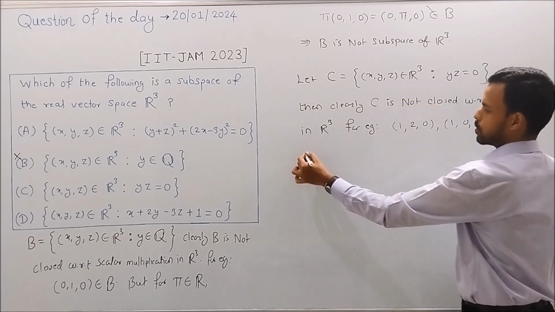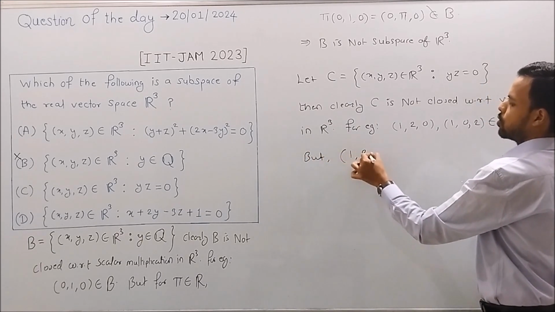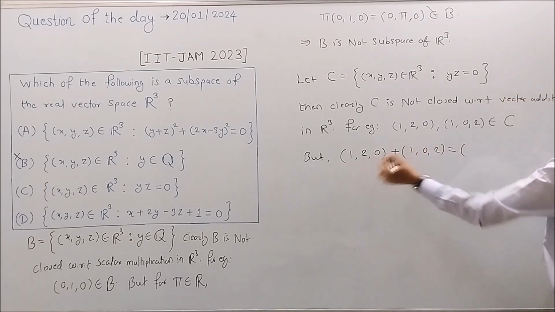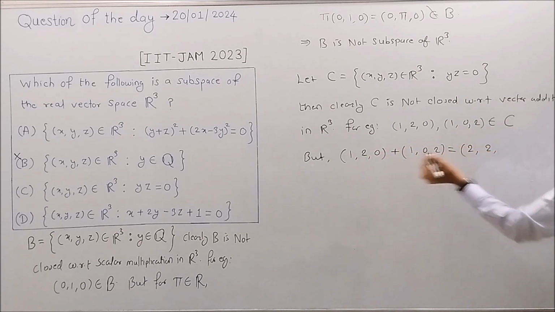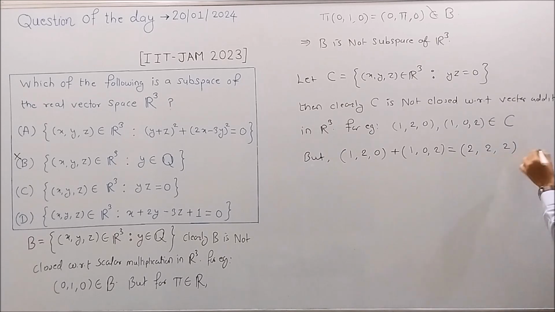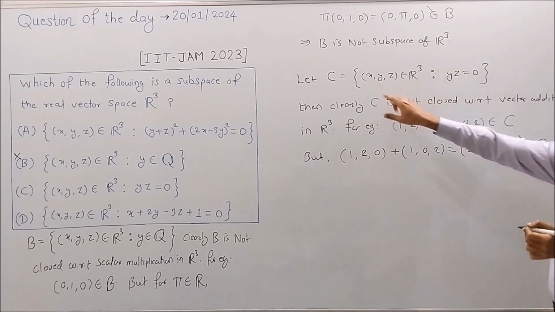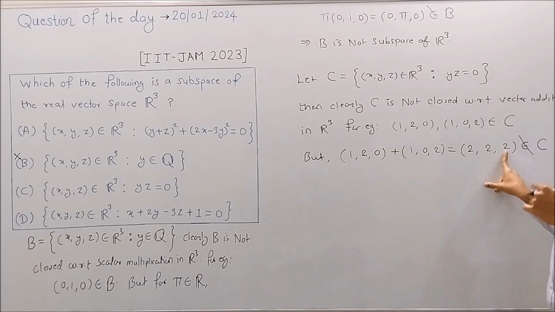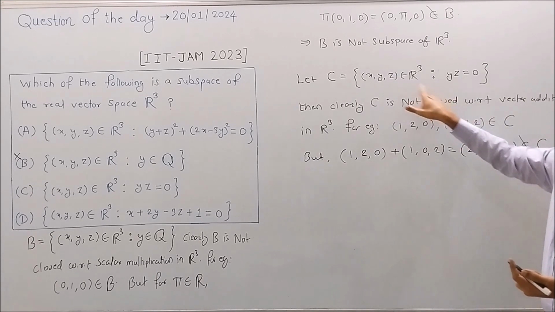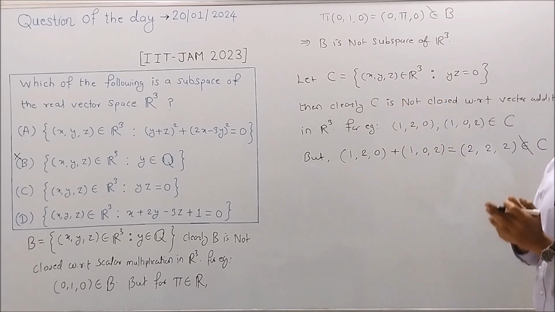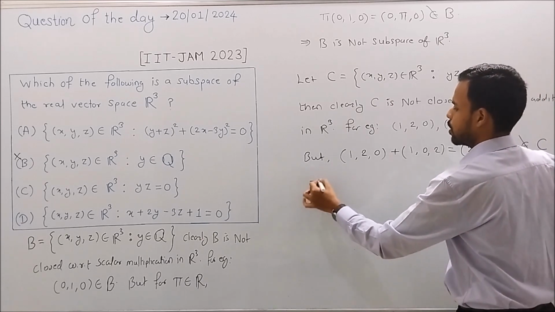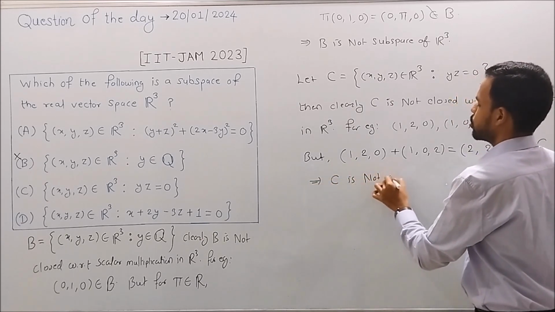But their addition, that is (1, 2, 0) plus (1, 0, 2), which equals (2, 2, 2), does not belong to C. Why? Because for an ordered triplet to be in C, we must have the product of the second and third coordinate equal to 0. Here the product of the second and third coordinate is 4, not equal to 0. So this ordered triplet does not belong to C, and from here we see that C is not closed with respect to vector addition in R3, and this shows that C is not a subspace